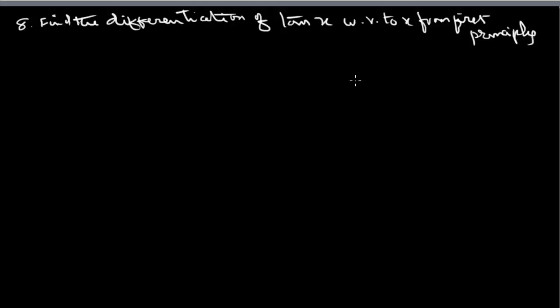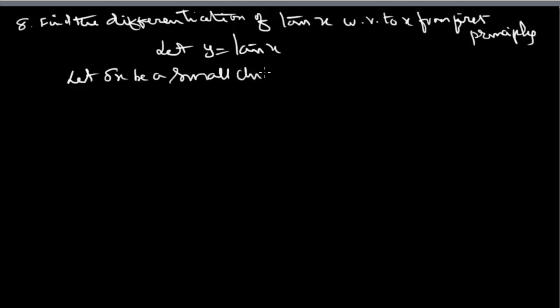First principles is what? From the definition. So let y is equal to tan x, and then let delta x be a small change in x, and delta y be the corresponding change